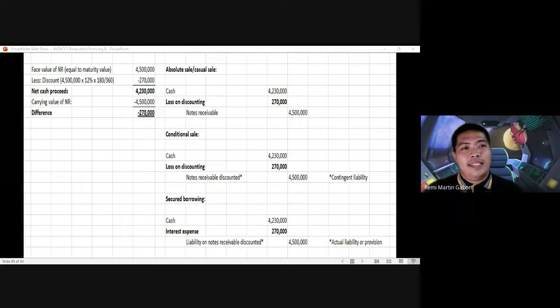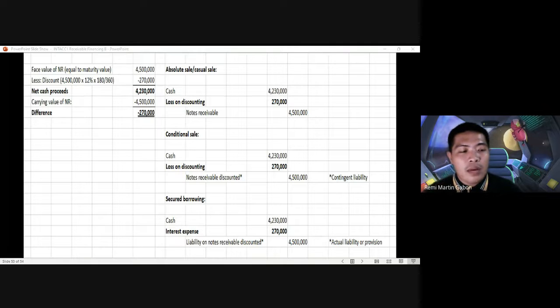So yan. Face value of the notes receivable equivalent sa maturity value natin. Take note ha, take note. Yung different type ng notes receivable, we have interest bearing and non-interest bearing. Yung non-interest bearing, sabi ko pa nga sa inyo, embedded na yung interest. So yung interest hindi na natin i-compute kasi nandun na sa 4,500,000. Yun nga lang, hindi natin alam kung magkano yung interest kasi naka-embed na agad. Okay? So diretso na natin i-multiply ang